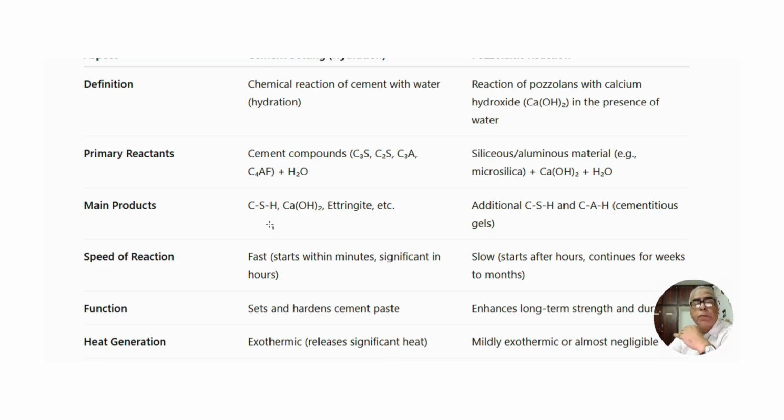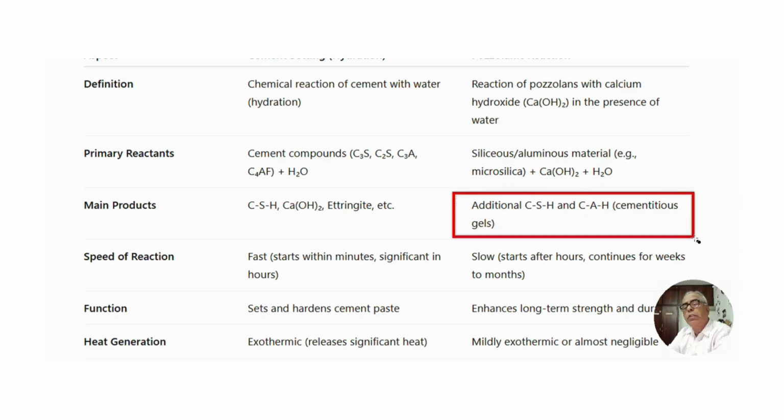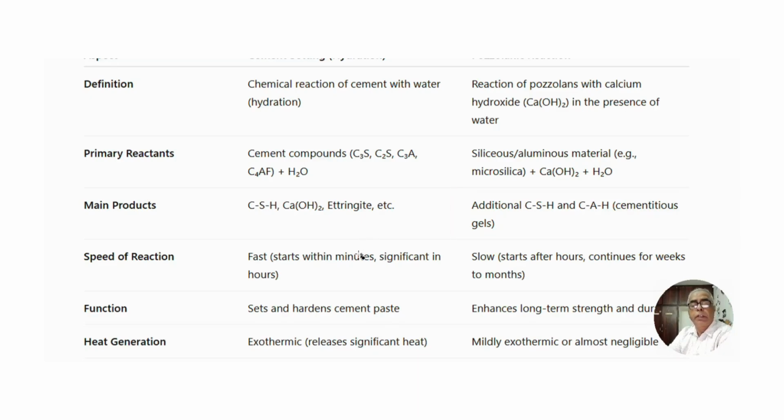And the main products here are CSH, that is calcium silica hydrate compound, and calcium hydroxide is also formed. Along with that, you have this ettringite type. Then you have this CSH and the CAH in the case of the pozzolanic gel reaction. And in the case of,